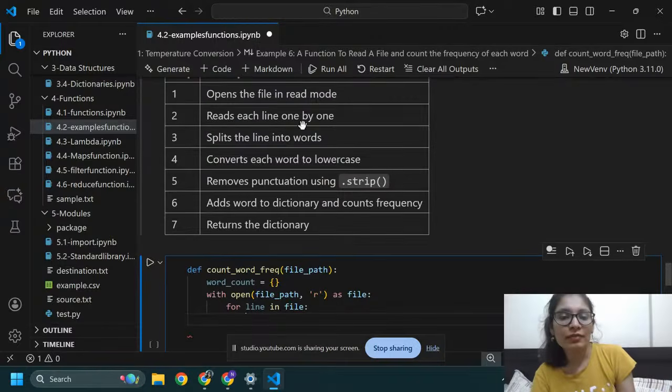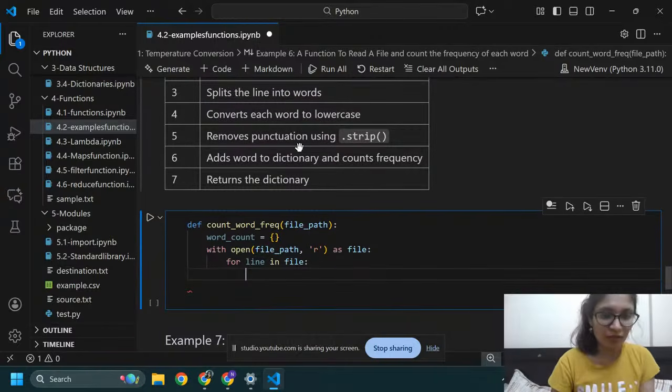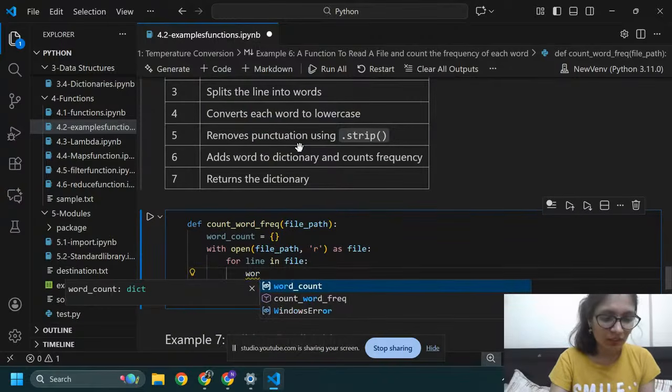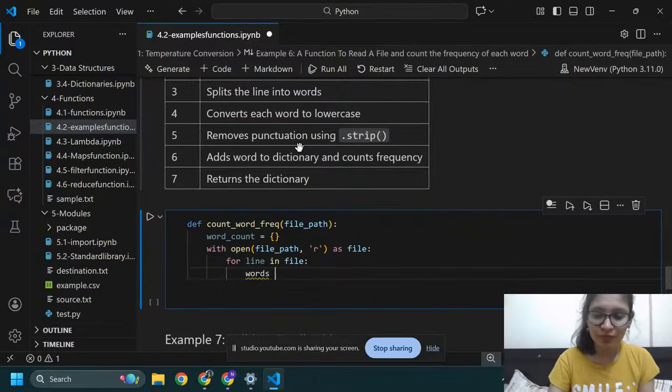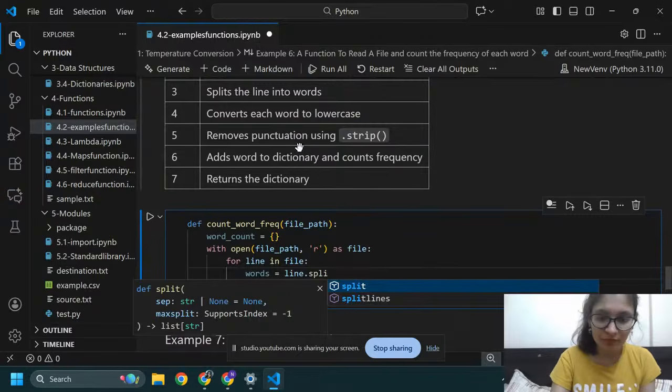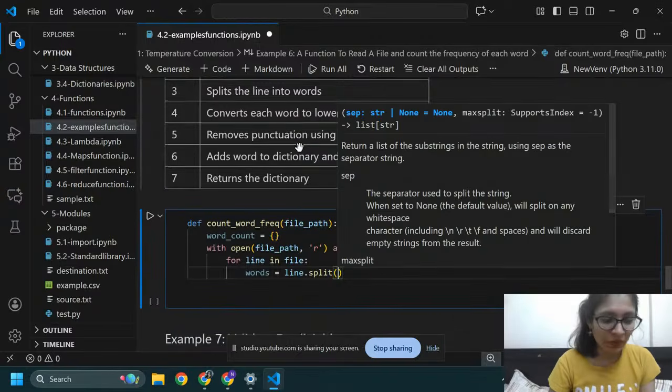After reading line one by one, split the line into words. So words equals line dot split, because I'm going to split these lines.